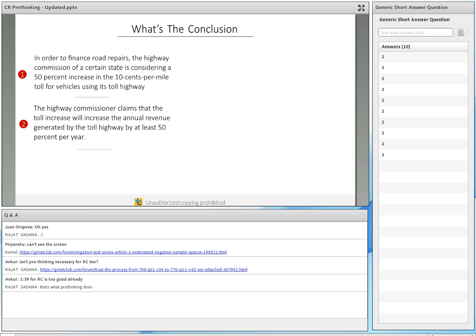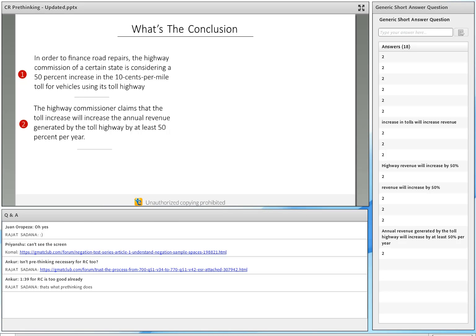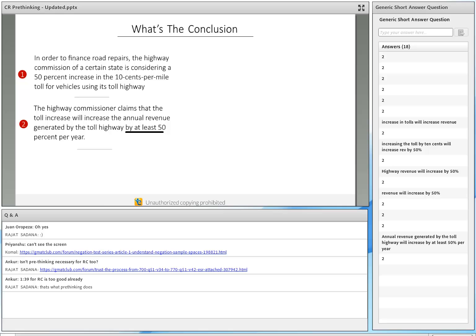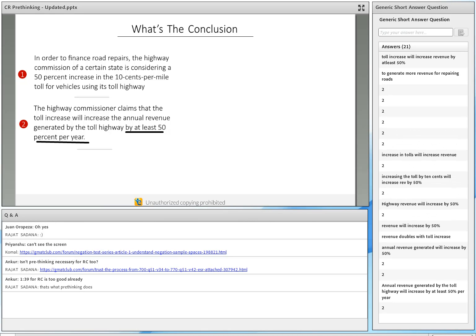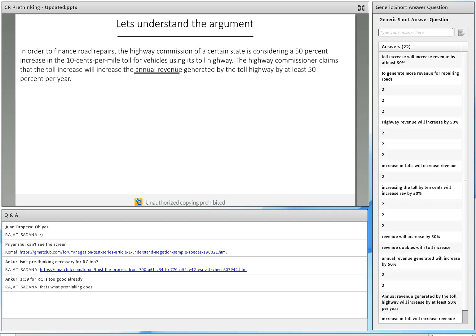Okay, but can you just say it in your words? I understand it's in two, but I want to make sure that you feel the conclusion. So it'd be very nice if you could type it out. The total toll will increase by at least 50% over here. Okay, will increase by at least 50%. Okay, good. Everyone understands that. That's really nice.